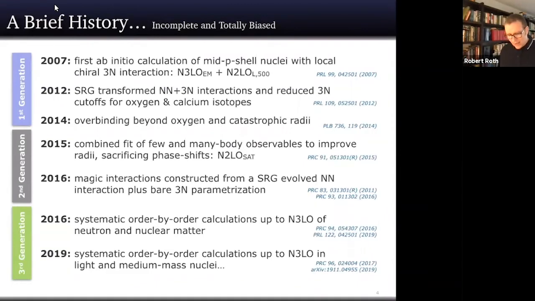And at that point, one might ask, okay, is there a fundamental problem, or are we just not including something properly? And as a result of this kind of thinking, the third generation of chiral interaction started, and it's still being developed. So we are far from being done there. The third generation really takes the chiral input more seriously. In particular, things like power counting and systematicity are treated more rigorously. And at the same time, you try to assess uncertainties that come from the modeling of your interaction.